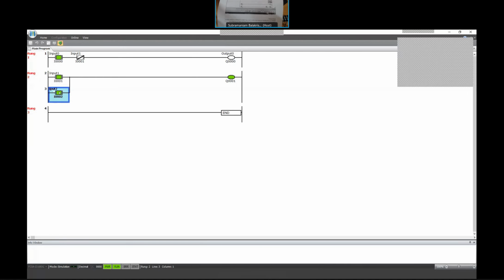Output still remains the same. I'm going to go and click this off. It remains the same because either this or this needs to be true. I go and click on this. Output 1 collapsed. Okay, so you can actually simulate on the screen